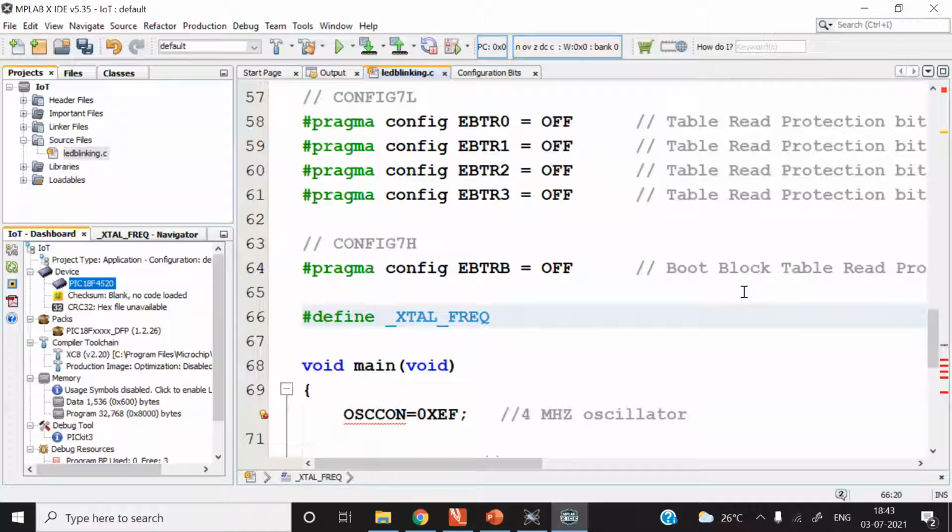Although we are not using an external frequency, through the oscillator control register we have selected 4 megahertz frequency, right? So write the frequency in hertz after this definition: 4 followed by 6 zeros. So now the frequency is 4 megahertz.